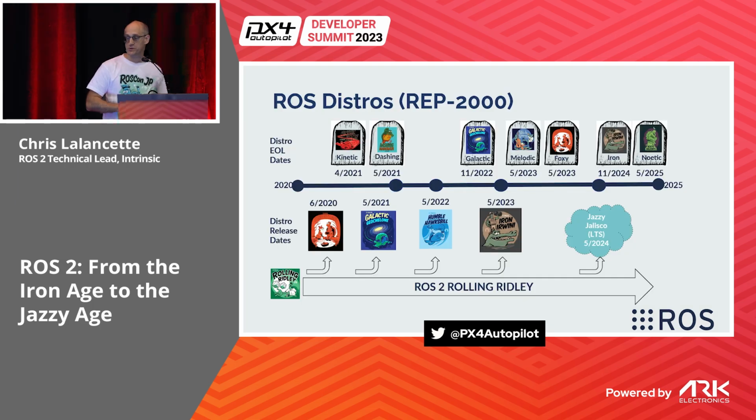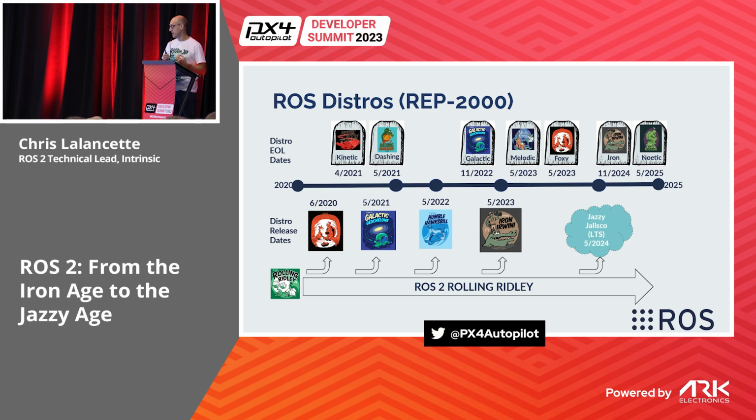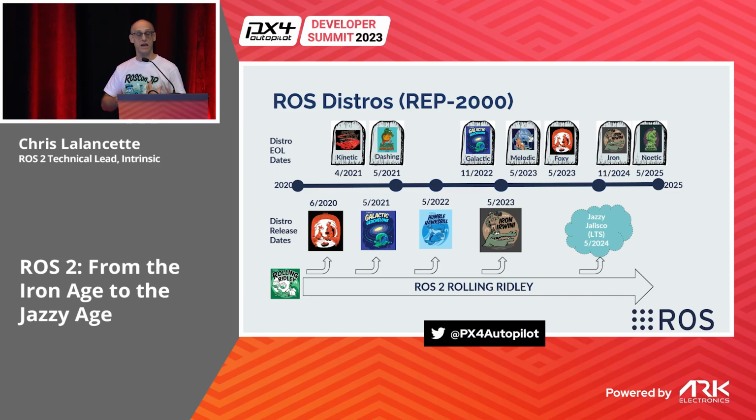All right, so for the distributions, you can see on the slide, along the top we have the end-of-life dates for our distributions. In the middle we have our distro release dates, and at the bottom we have rolling. The way this works is rolling is a fully installable distribution on its own, but it is rolling all the time. Features come and go, APIs might change, and all that stuff. So you can always install it. It really shows where ROS 2 is going to be for the next release at all times. And then periodically we freeze rolling, we branch off a distribution, and that's the next stable distribution.